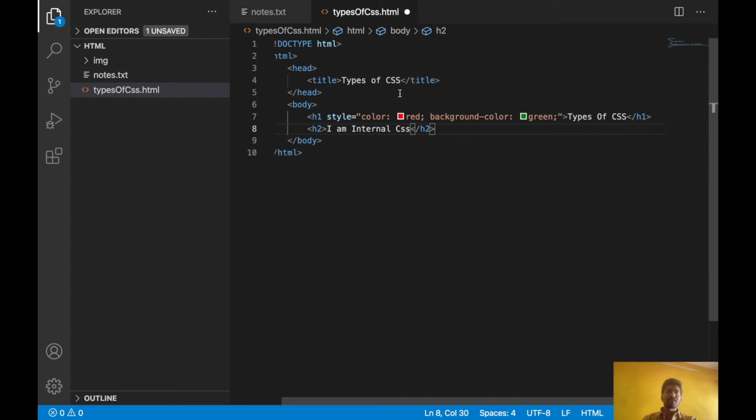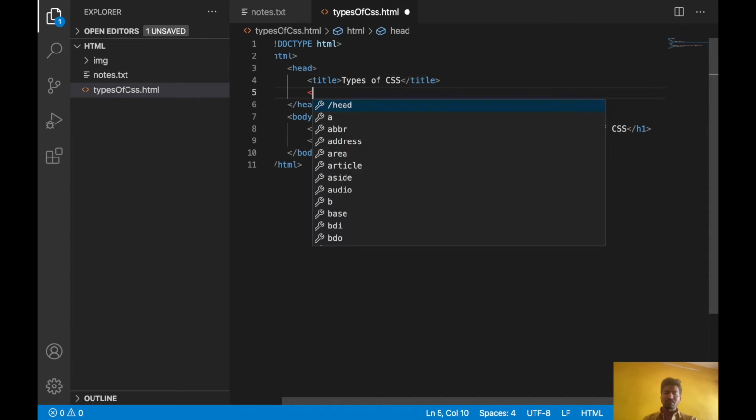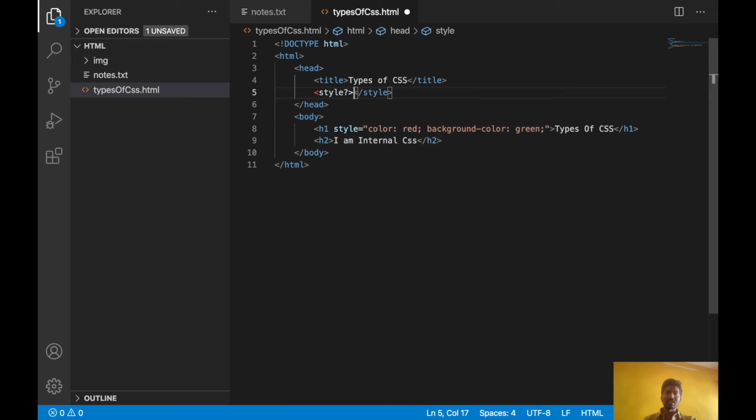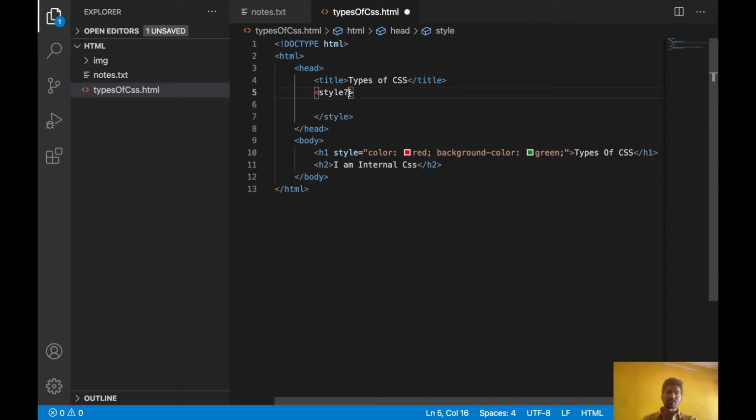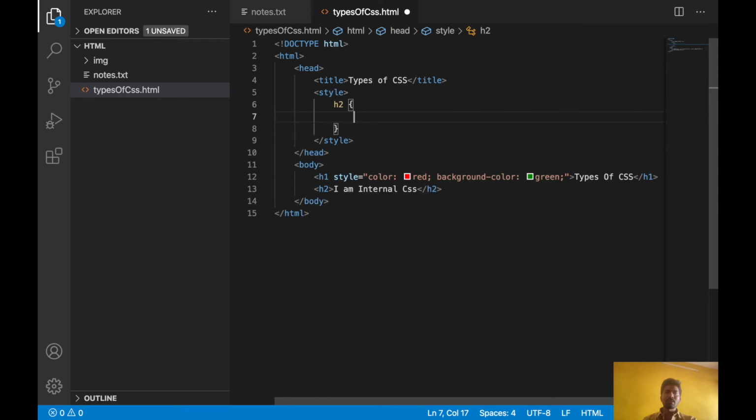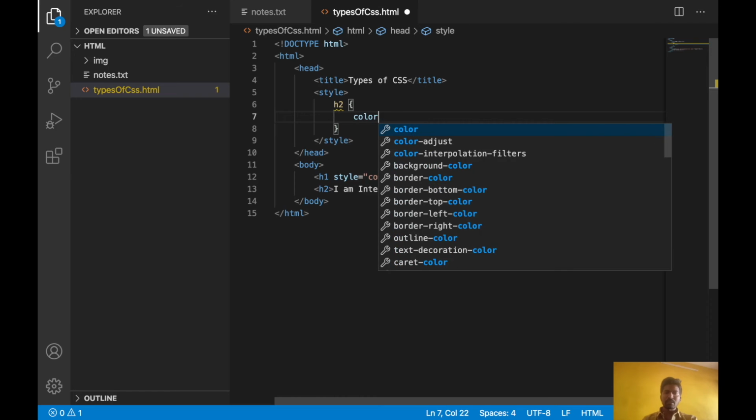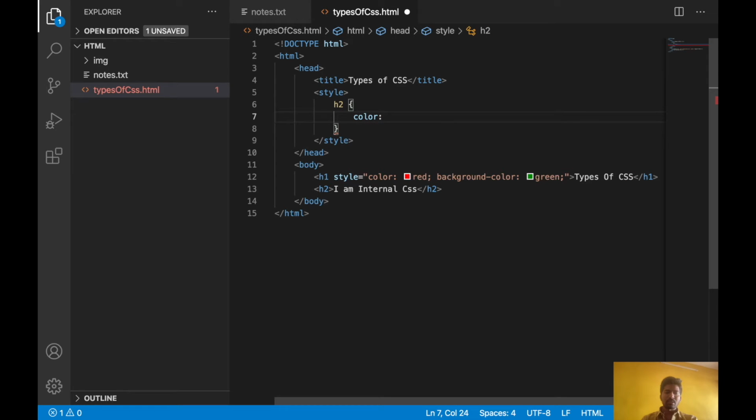So let's go to head element and write style element here inside head. So using this selector we will write the CSS. Let's say if we want to write for H2 we will write some color colon, what we will give, green.